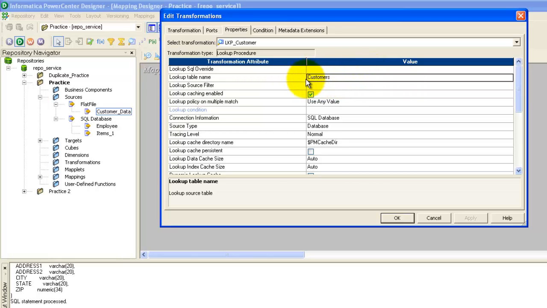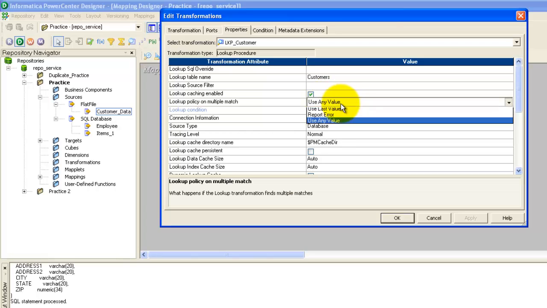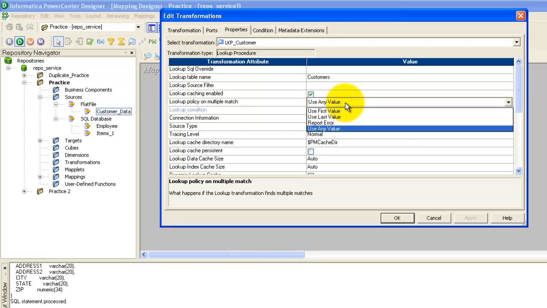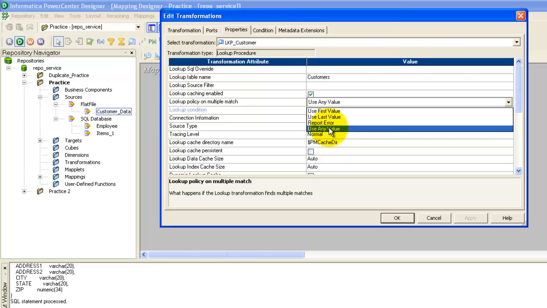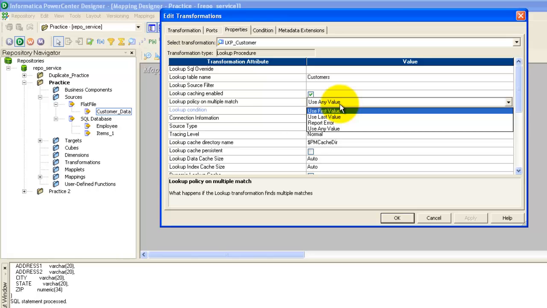This is my database name, where I will be looking up for the existing records. And what is this lookup caching enabled? That means this lookup transformation will be caching the values from the table. And here the lookup policy, where you can select either value. Let's say in the source file I have employee ID as 1000.